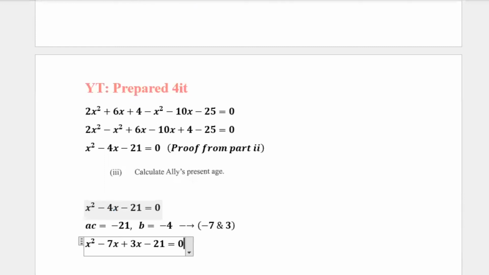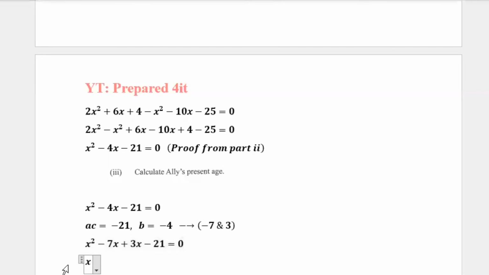If you do negative 3 instead, then you would not get the B term. Because remember, when we add both numbers, you need to get the B term, and the B term is negative 4. The only way you can get negative 4 is if the 7 has the negative sign. Okay, very good. Yes, you could also use the quadratic formula to solve. When we factorize here,